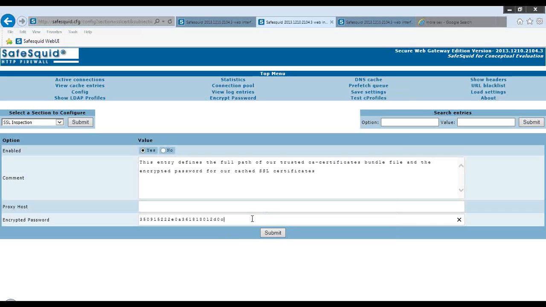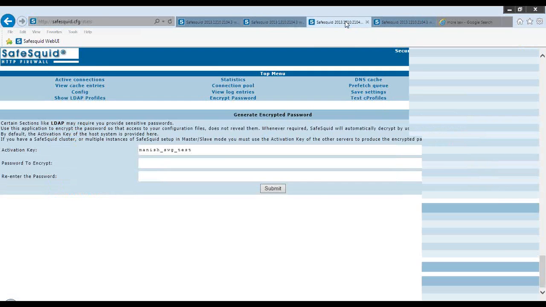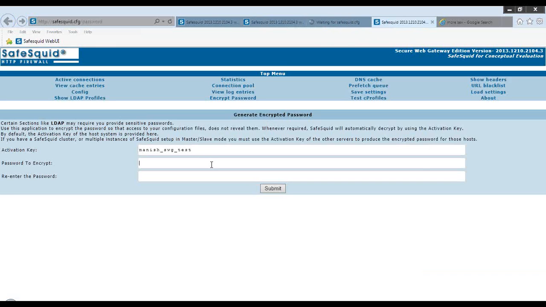For example, if you wanted to create a new root CA SSL certificate, you will have to supply an encrypted password, and to generate that encrypted password, I suppose I wanted to create a password for a new server, for a new SSL certificate.